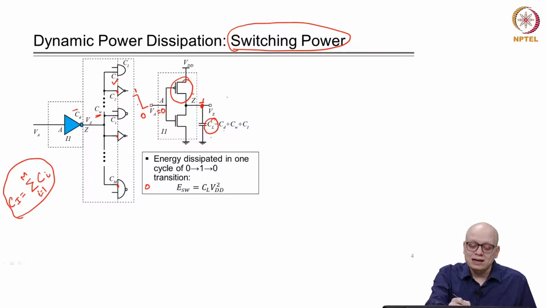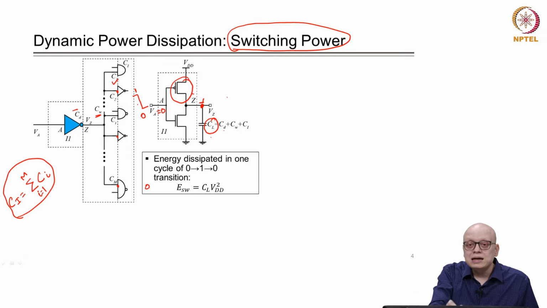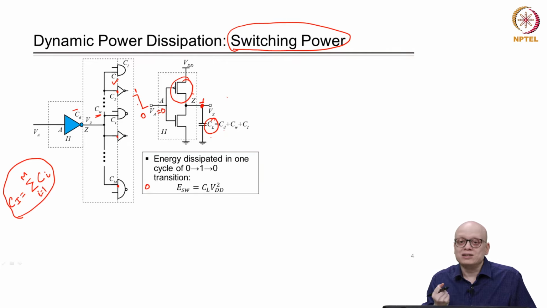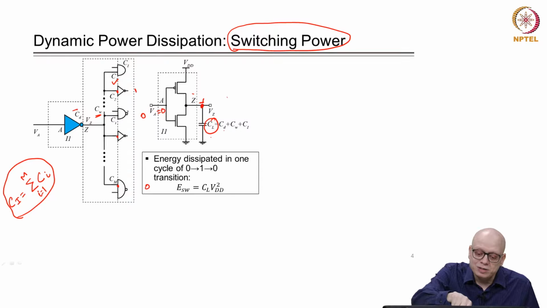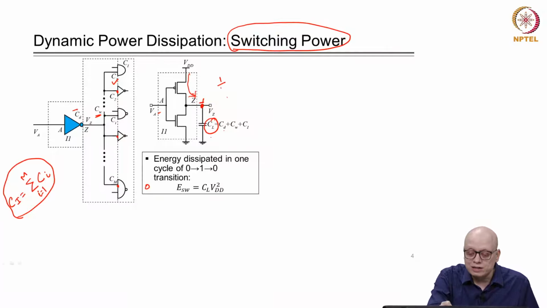When this CL is being charged, the capacitor CL will store some energy. While storing that energy, some power will be dissipated by the PMOS and the power lines and the internal resistances of the battery and so on, and that will lead to a power dissipation of half CL VDD